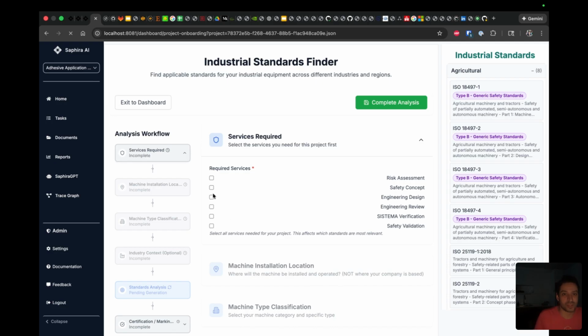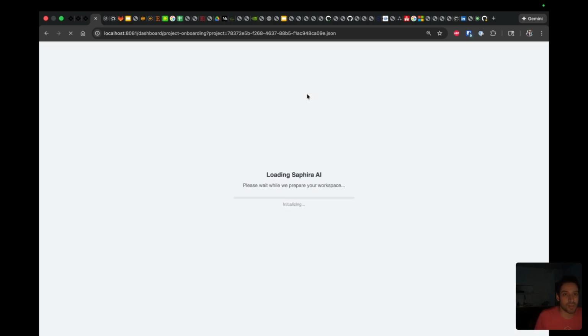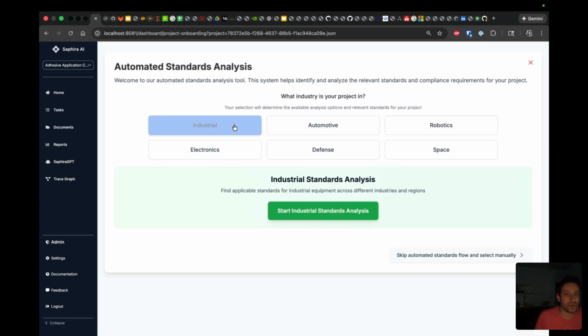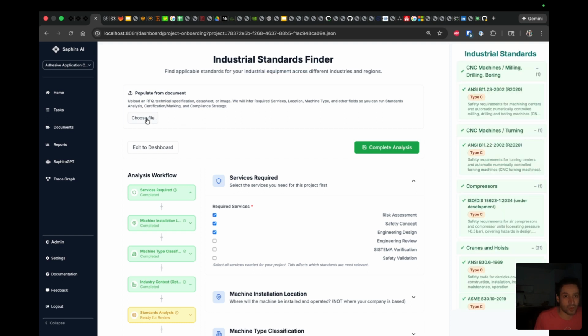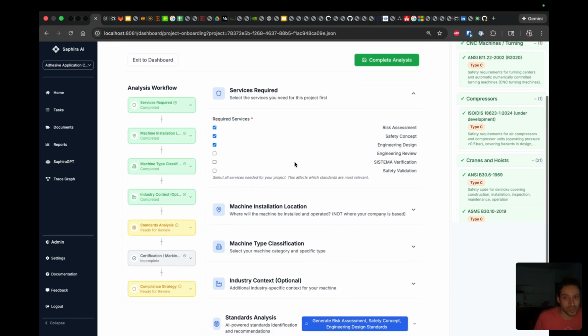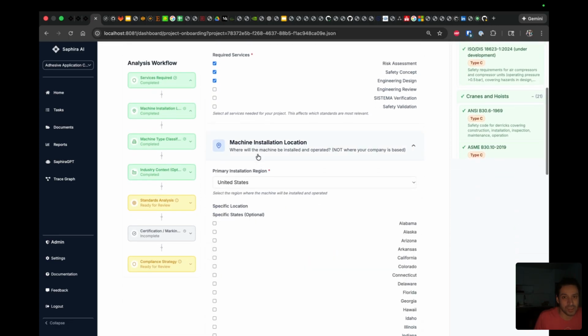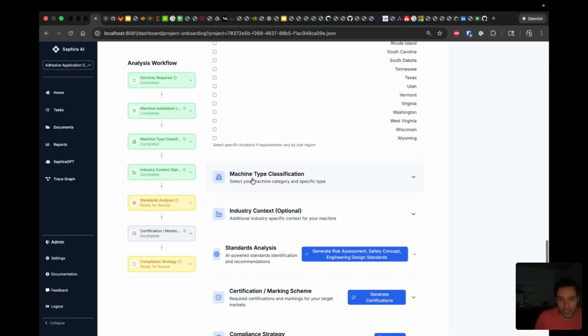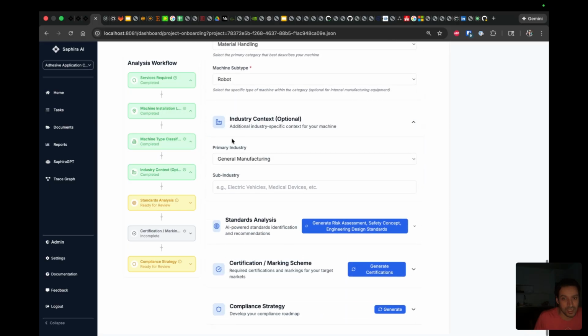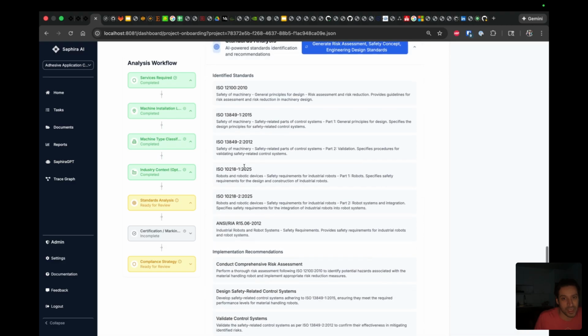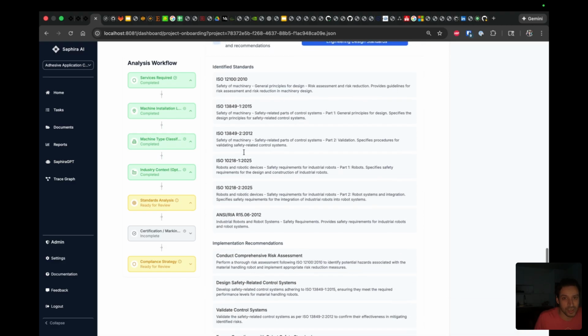When this loads, you'll see a new pop-up at the top that allows you to upload a file to auto-select items from here. You can see I've already done this in a previous instance of this project. I uploaded an RFQ for this adhesive application cobot station, and it auto-selected that it's a risk assessment, being installed in the US generically, a material handling system. It's a robot in the general manufacturing segment, and it identified all of these standards, 12100, 13849, 10218, that are